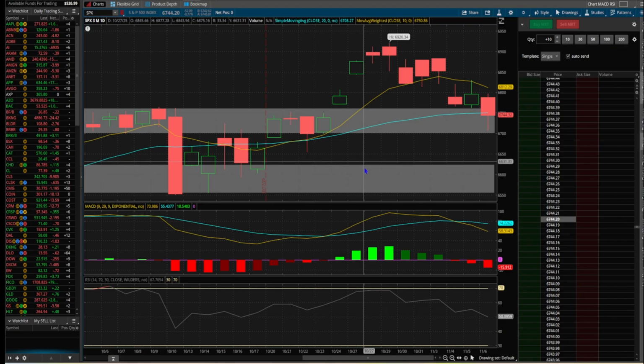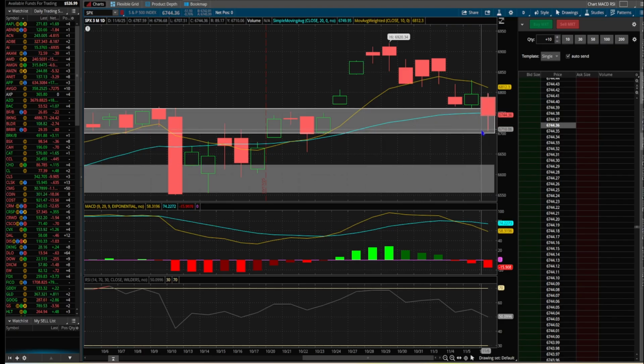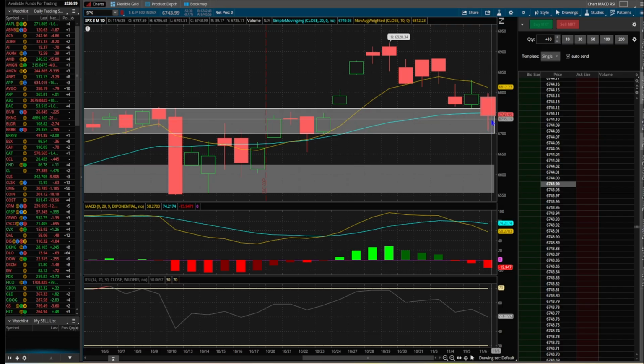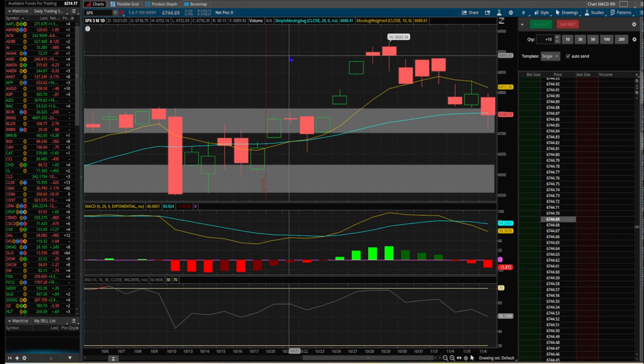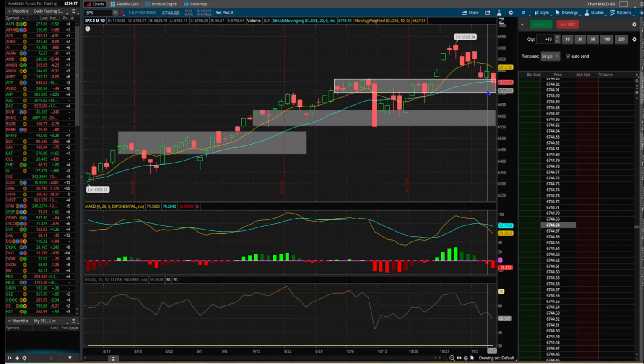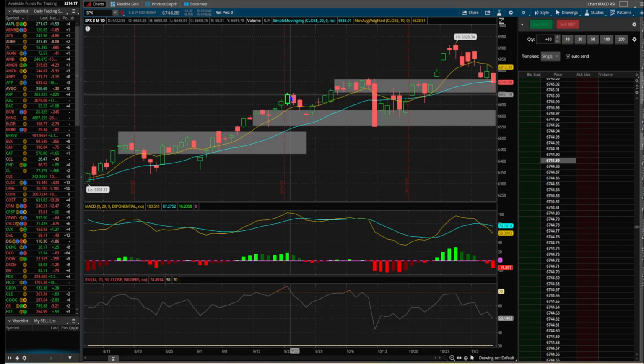And I've got those two zones identified as possible areas of support, and it looks like the bottom of this zone, and this is just a rough estimate that I created my zones here, but price did get close today down to the bottom of the support zone before it bounced back up. I'm going to go ahead and expand this out. I believe there might be another zone if price does fall through this support zone, another area of support down here around the